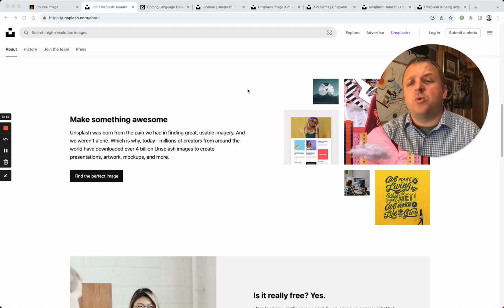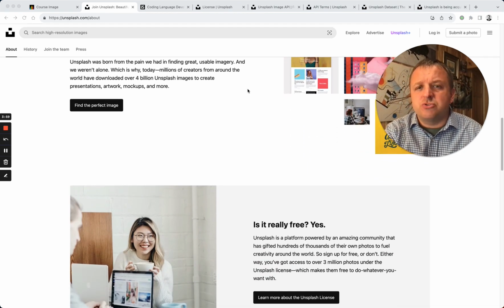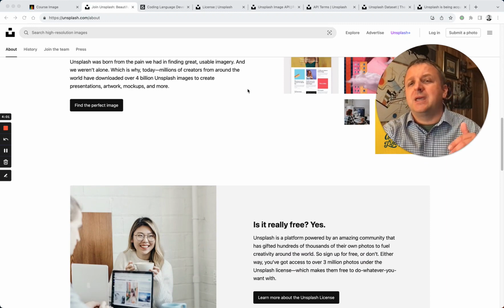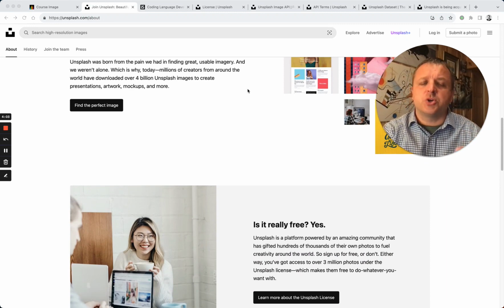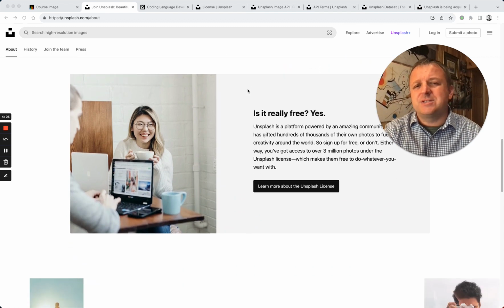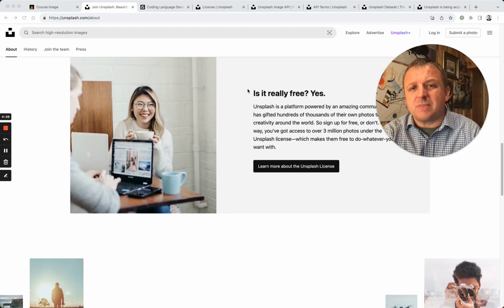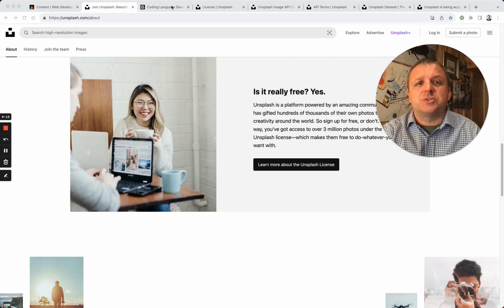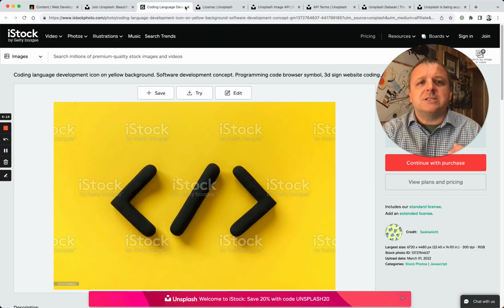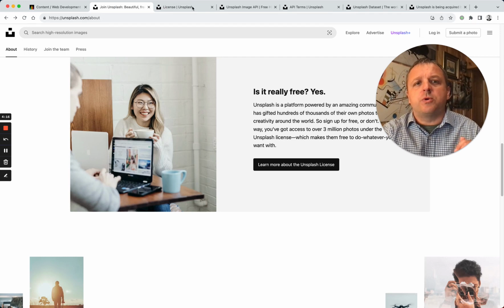We see this in open source, where developers contribute to various projects, and by creating the networking, showing off their work, they increase their reputation. So that's Unsplash. Now, Unsplash also provides